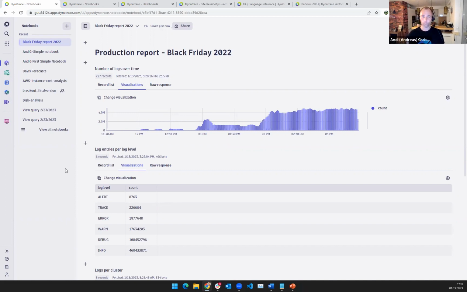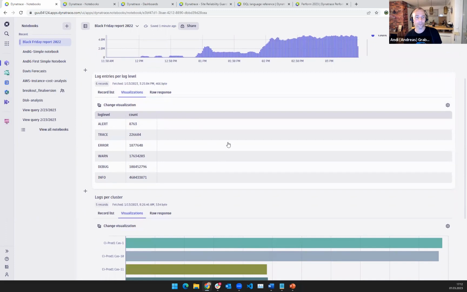I will show you how to create a notebook from scratch. This is a notebook that I have been shared, or actually I've imported into my environment, which means notebooks, when you're sharing it with somebody, will also automatically come with the data that whoever built this notebook was seeing. That means this is just a great way to share data, and without having to go back to the raw data and query it all the time, you can just explore everything that this person did when they created that report, right? So here's the production report Black Friday. You can see different visualizations.